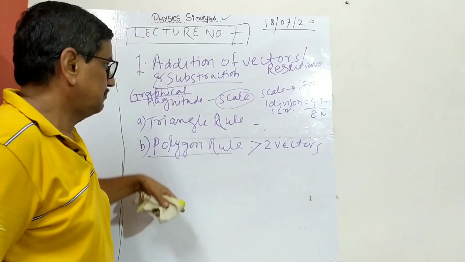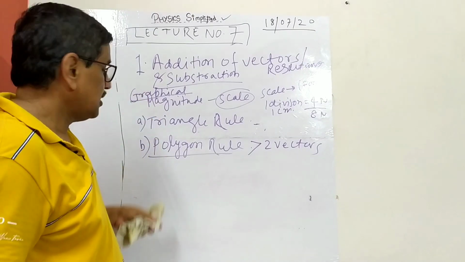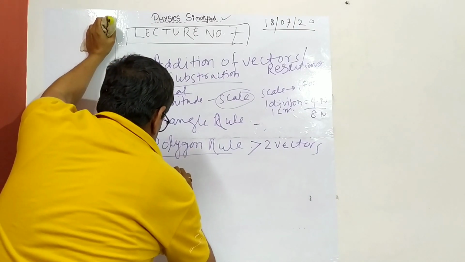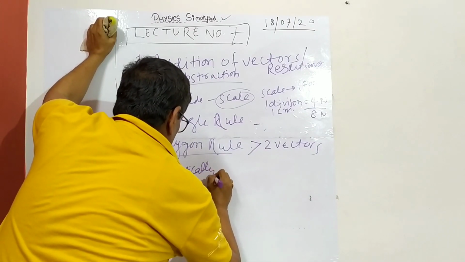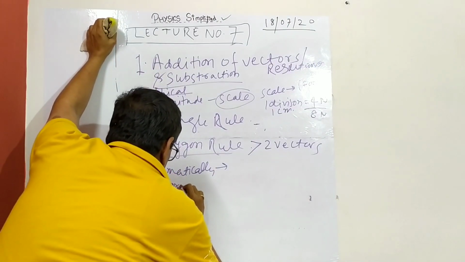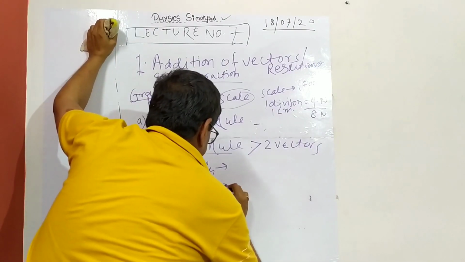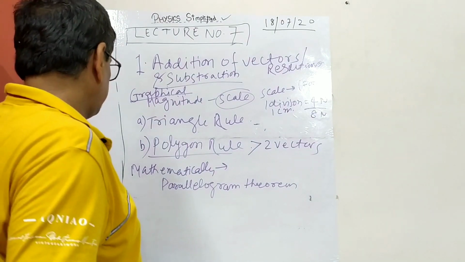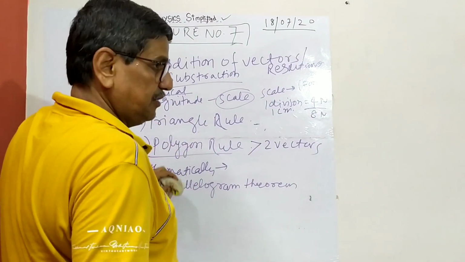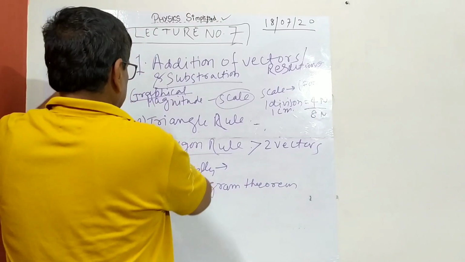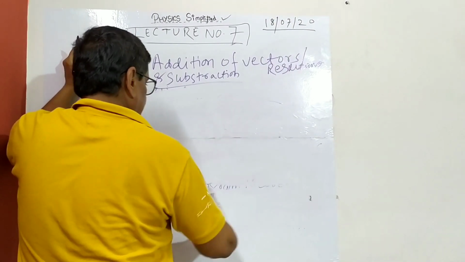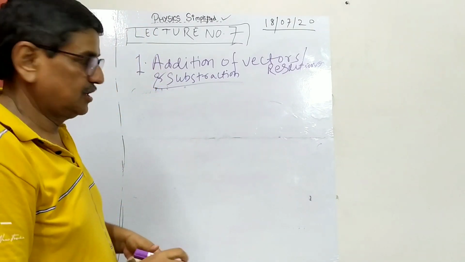So this is graphical way, because parallelogram theorem is what mathematically you can express, and mathematically you will say parallelogram law, parallelogram rule, parallelogram theorem, which you all know. We'll deal with it later, we will derive it also. So graphically what is that? So now this is the polygon and triangle rule we will discuss. This is very important. Polygon rule is most important because people get confused getting this.